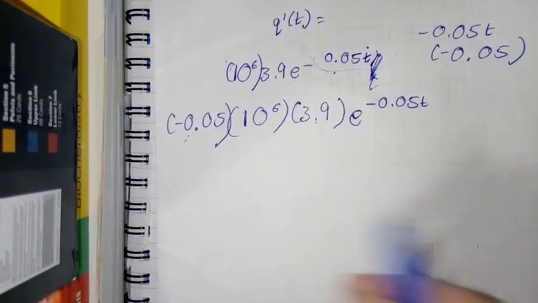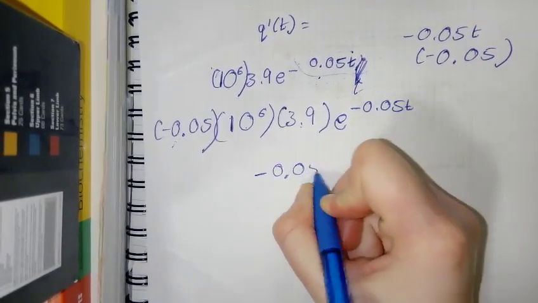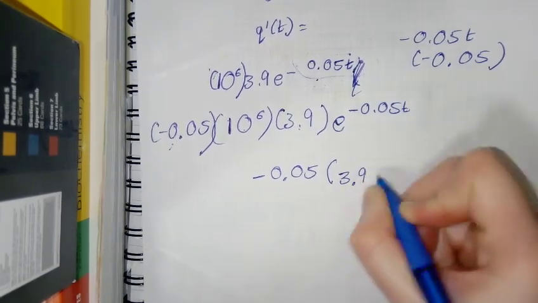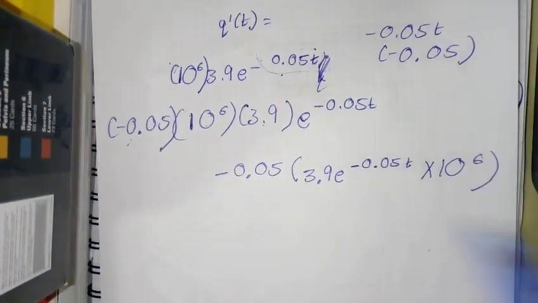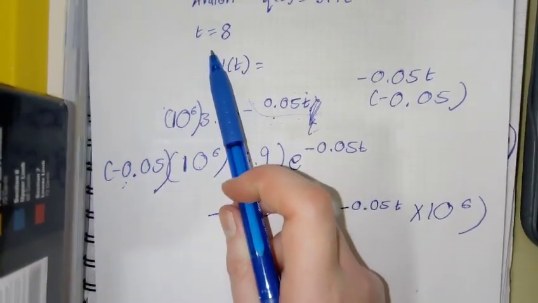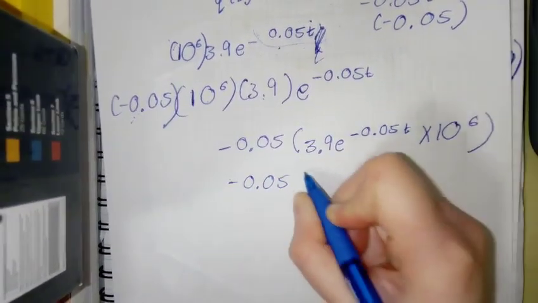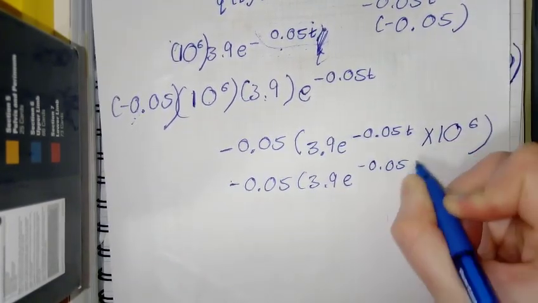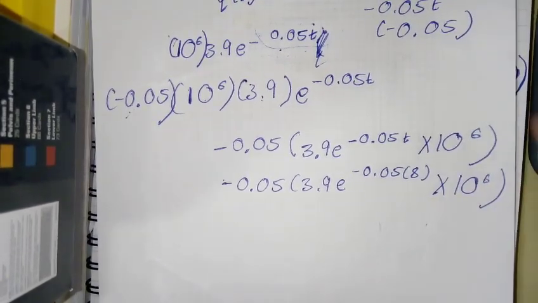So we can actually just write this as minus 0.05 and then our original function, 3.9 e to the minus 0.05t by 10 to the power of 6. We said we wanted to get it at the start of 2018, so that's when t is equal to 8. So minus 0.05 by 3.9 e to the minus 0.05 by 8, by 10 to the power of 6. And then when we work that out,